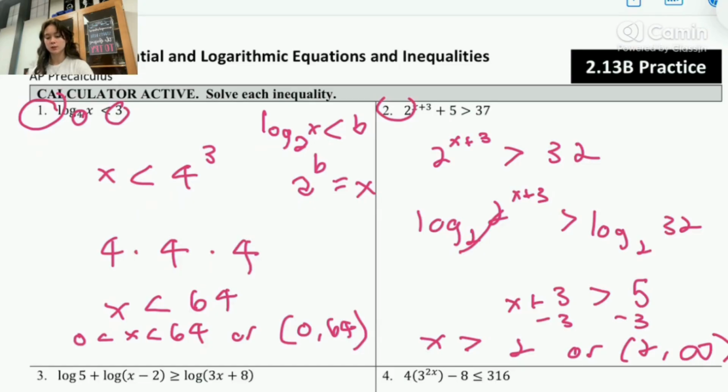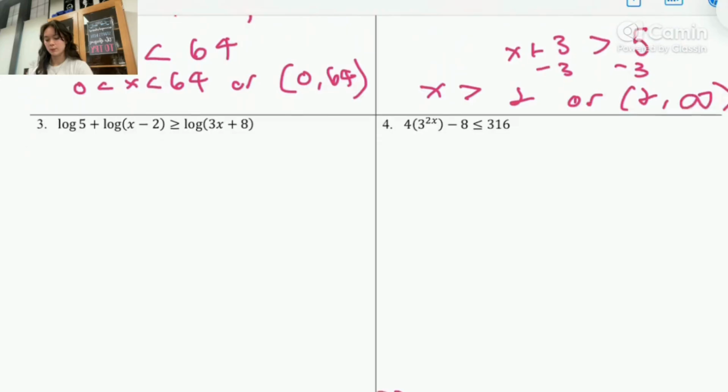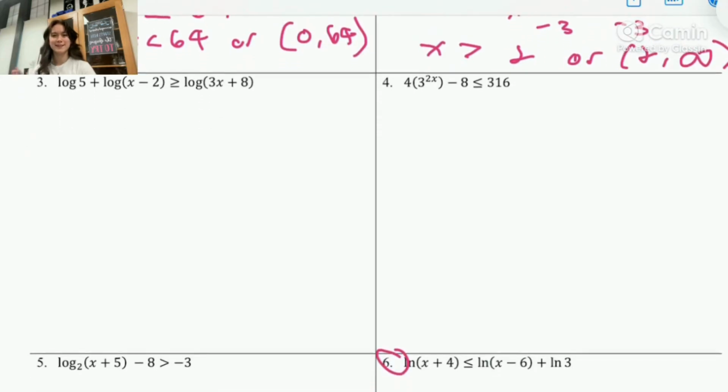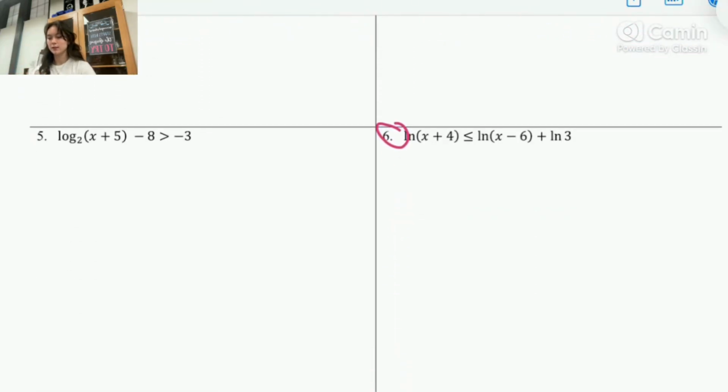Alrighty, I'm going to skip down a couple problems because these are generally the same idea. So we're going to do number 6, which is ln of x plus 4 is less than or equal to ln of x minus 6 plus ln 3. So we're going to start by combining the ln's on the second side. So we're going to do ln, excuse my handwriting, x plus 4